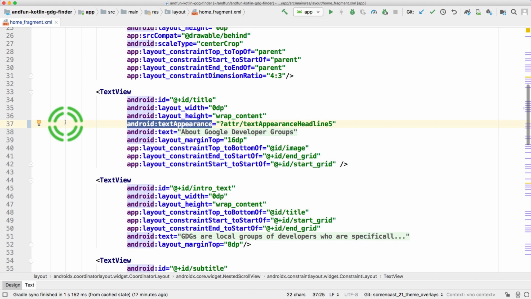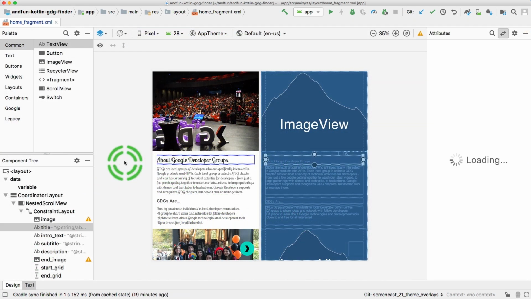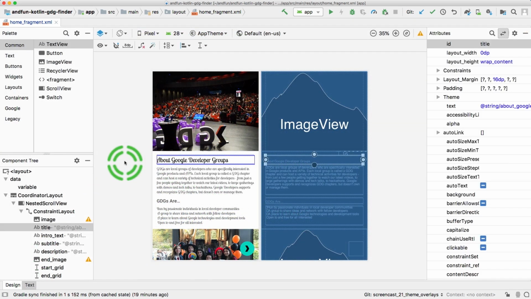Text appearance is an attribute on any view that applies text. It's not the same as a style, really. It only lets you define things about how to display text. All of the text styles in Material Design components can be used as text appearance. That way, any theme attributes you've defined, such as default fonts, won't be overridden by the material style.